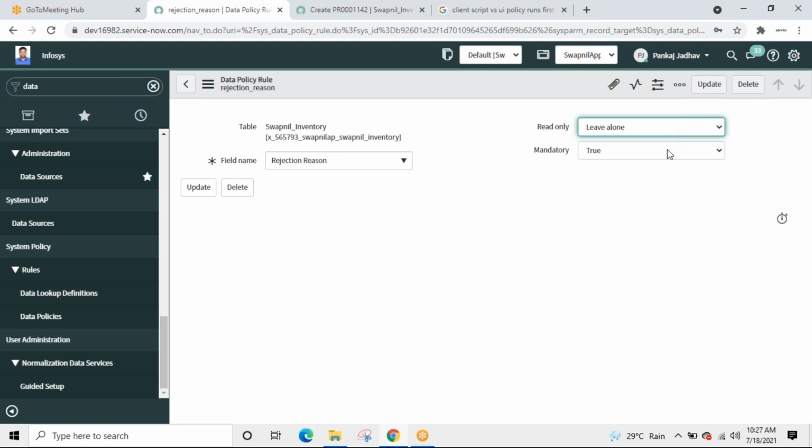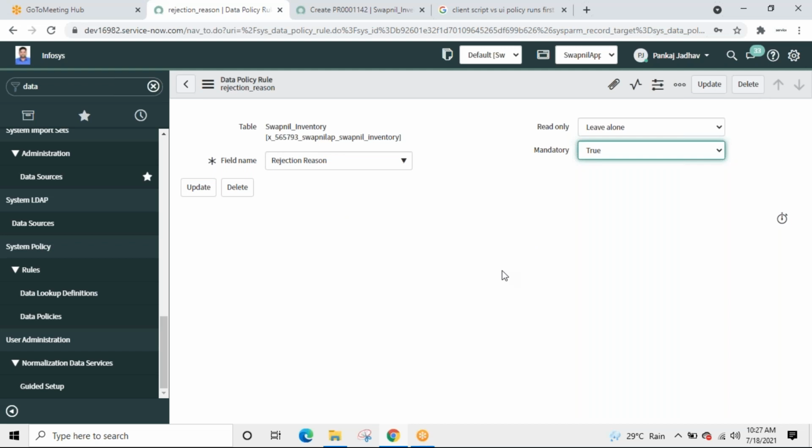Read only, mandatory. Visible, not visible is something for when the user has opened the form and is trying to do something. Based on that, the field should be visible or not visible. But when we are pushing the data from the backend through GlideRecord or some web service, it won't really matter. No need. Correct. So we can say these are like siblings, data policy and UI policies.